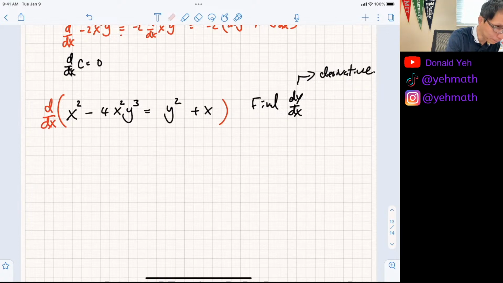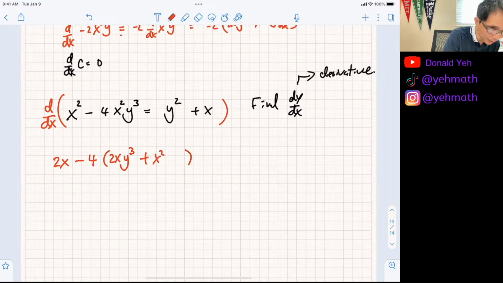So let's do it together. Let's take the derivative of x squared with respect to x. What am I going to get? It's 2x. Okay, so the negative 4, I'm going to leave it outside like this and then put a parenthesis. That's a very good habit to do. Put a parenthesis, that way you distribute the negative 4. So I'm going to take a derivative of x squared y to the cube. So that's going to be 2x times y to the cube. Does that make sense? Plus x squared times 3y squared